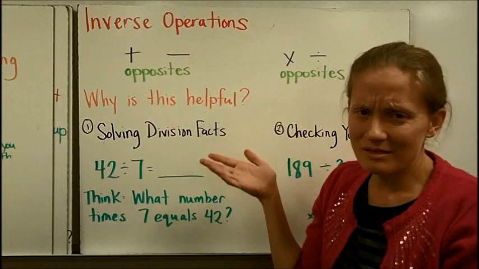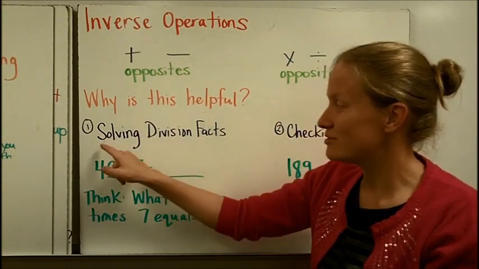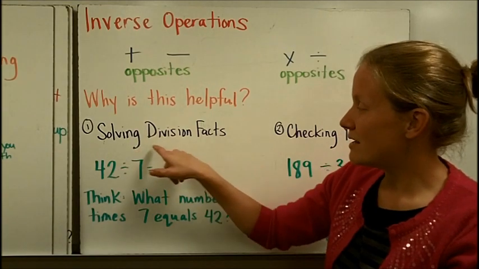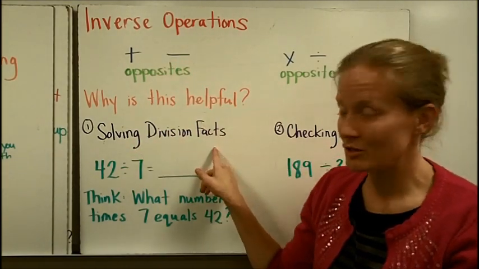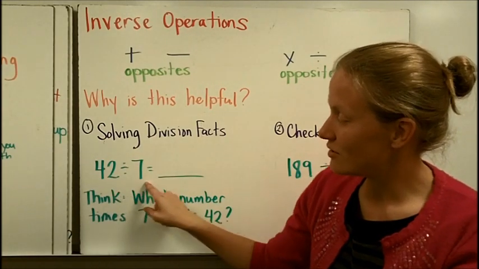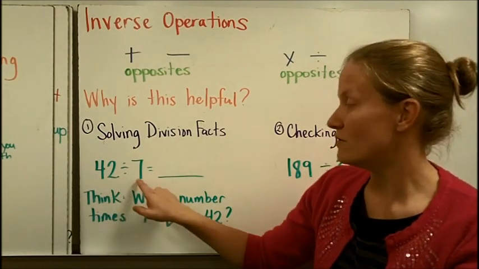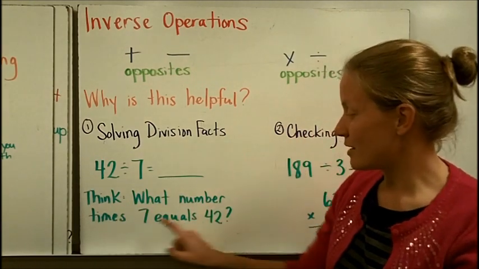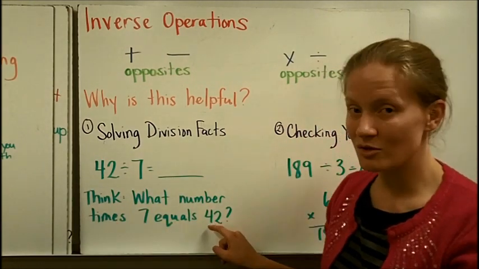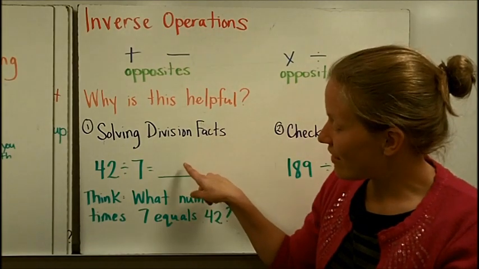So why in the world is this helpful when we do division? Well, there's at least two reasons. One is that you can use this idea of inverse operations to help you solve division facts. If you get this division fact, 42 divided by 7, it's easy to think what number times 7 equals 42, because we know that the